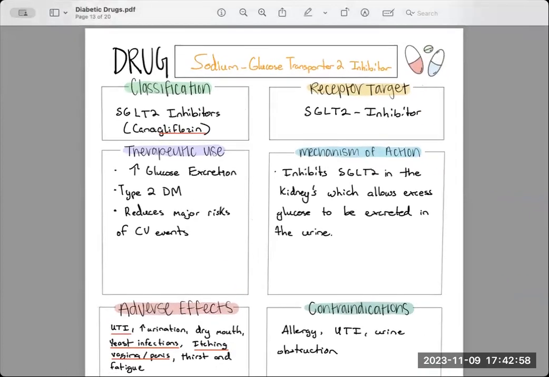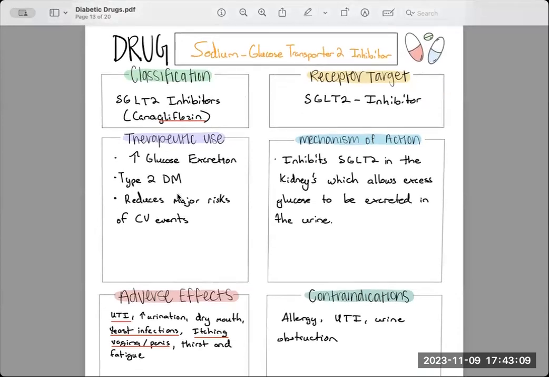The last class that we have for these oral anti-diabetic agents are these SGLT2 inhibitors, or sodium glucose transporter 2 inhibitors. Basically, they inhibit the transporter's ability in the kidneys, because the kidneys are what allow the glucose to be excreted in the urine. When we inhibit that SGLT2, we're allowing more of it to be excreted, because normally the body tries to make a balance and keep some of that sugar. But if we inhibit that, we're actually allowing the sugar to leave the body and be excreted in the urine